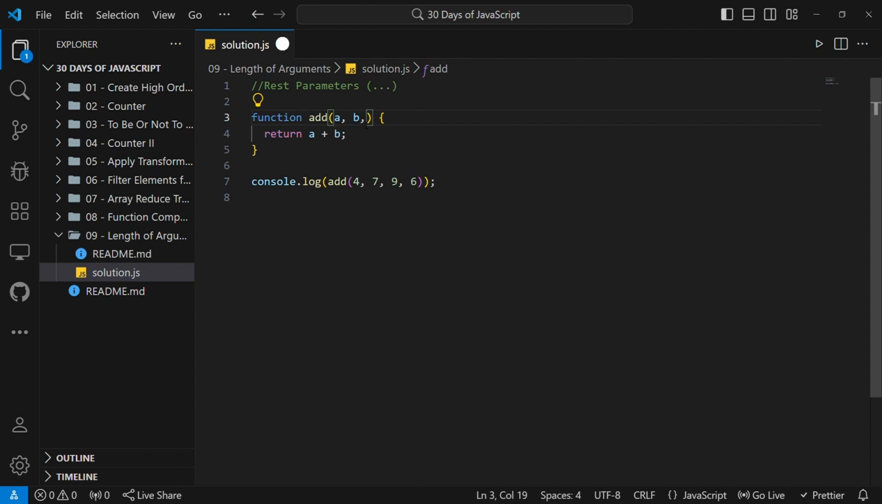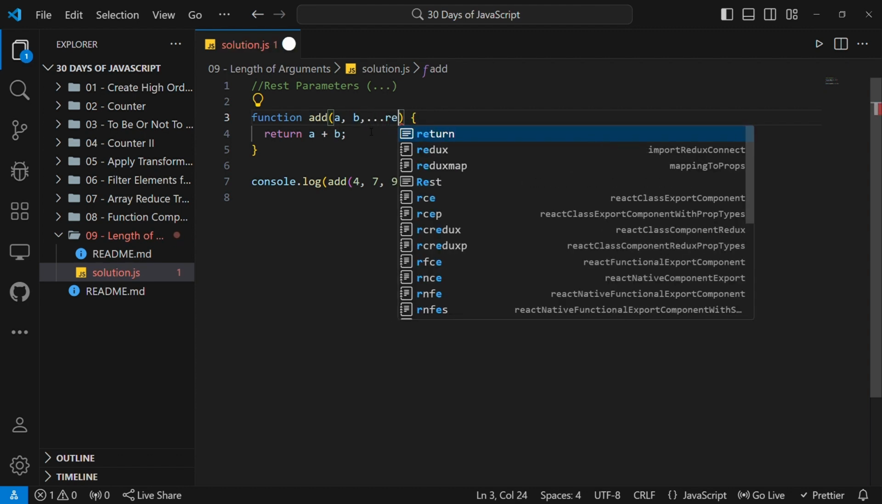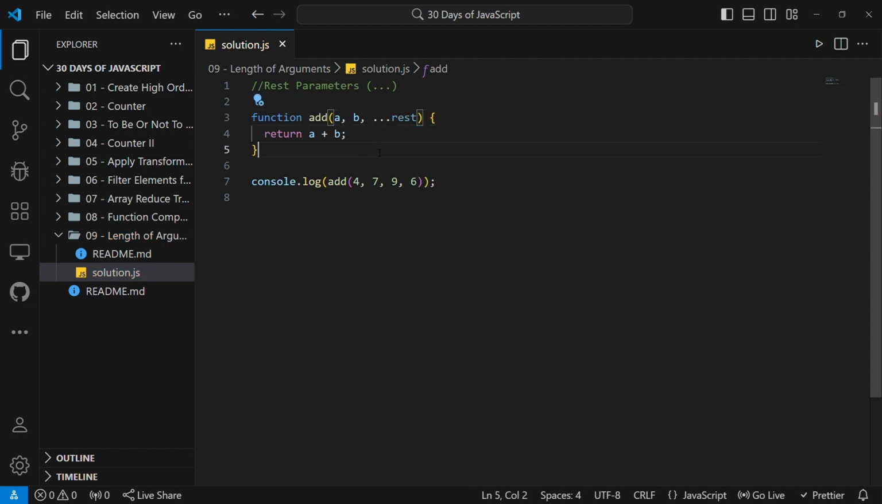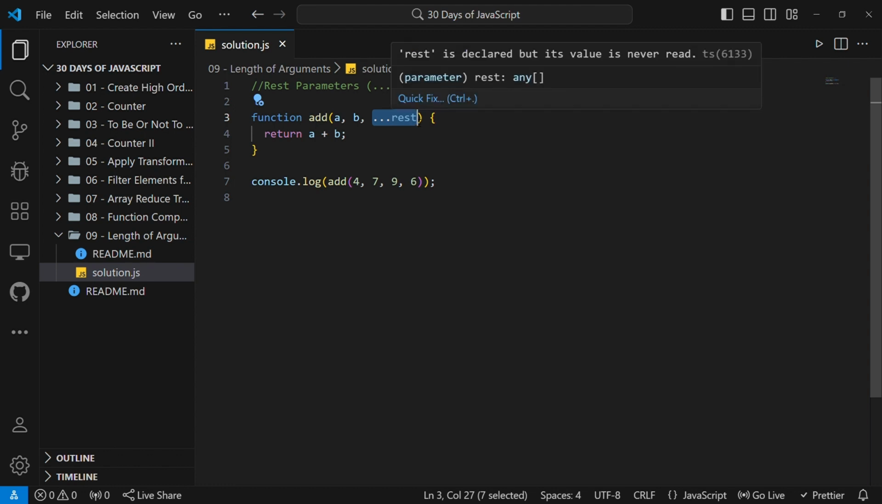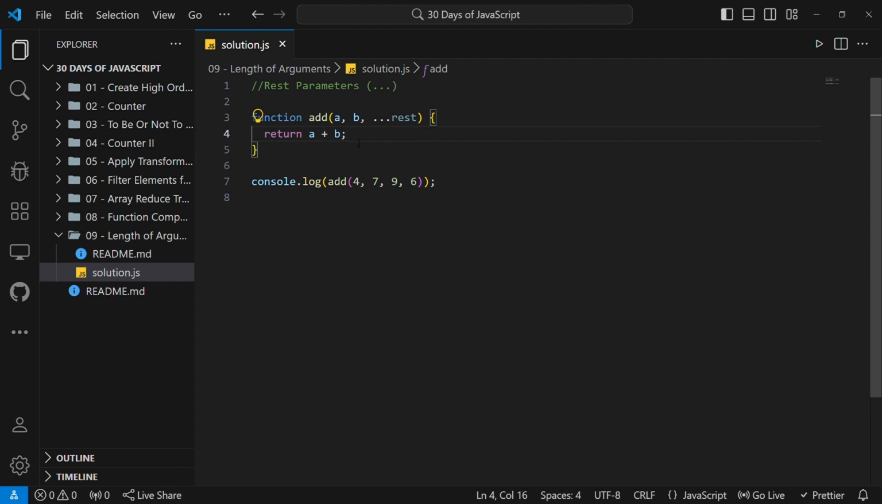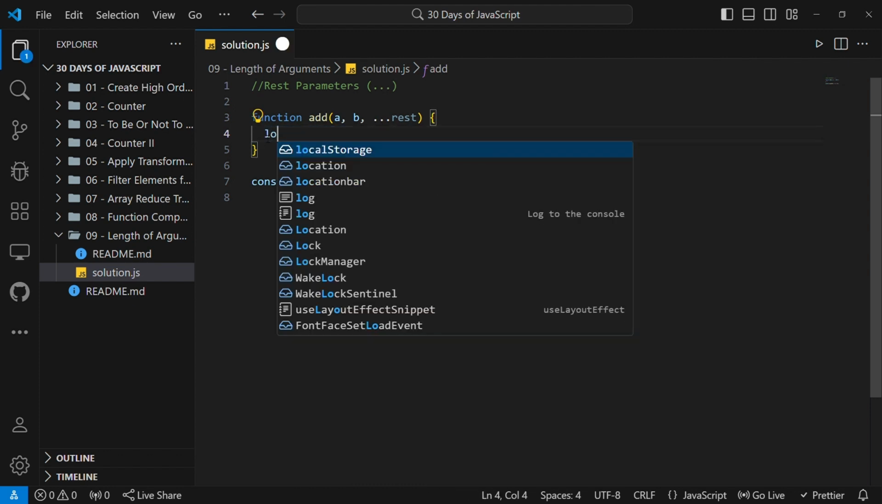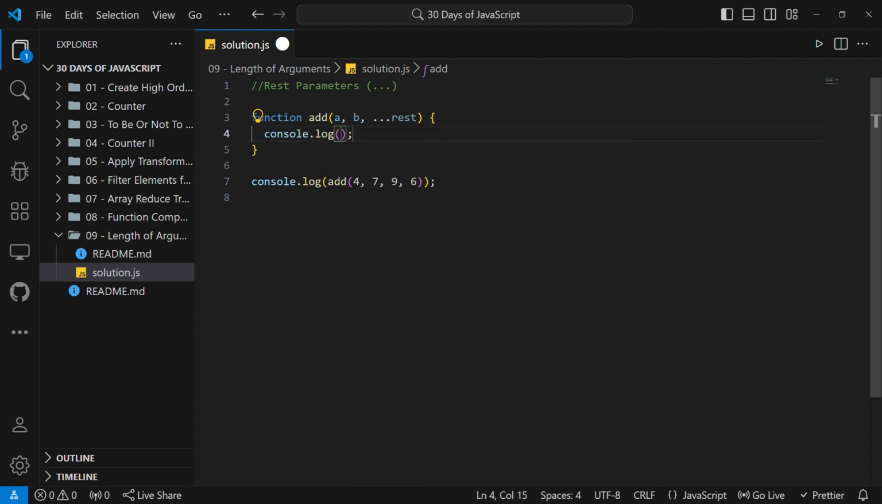So its syntax is the 3 dots. So I'll just put a comma, then I put the 3 dots, then I give them any name. I'll call them rest. And this one, it will be a rest parameter, and as you have seen, it will be used to represent indefinite number of arguments, but they'll be stored as an array. So let me just log it here so that you can see it's an array. So if I log this rest,